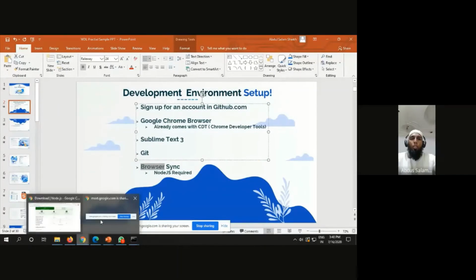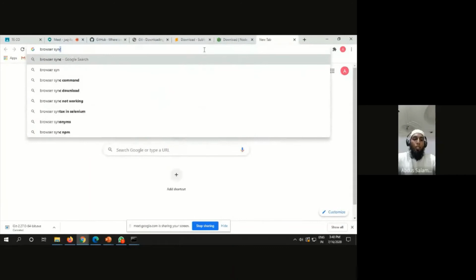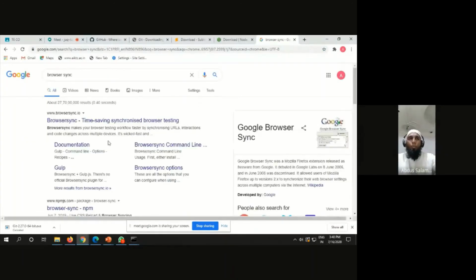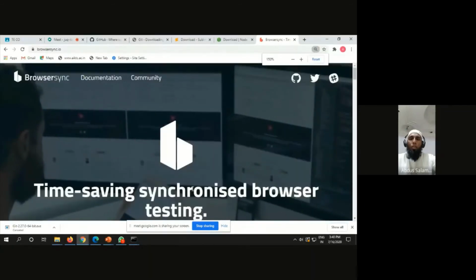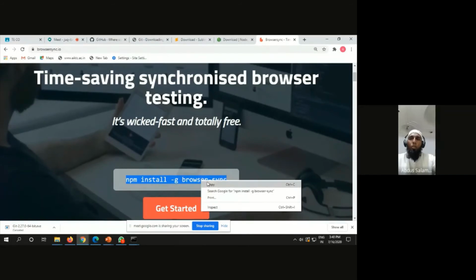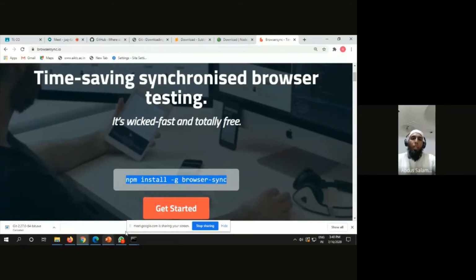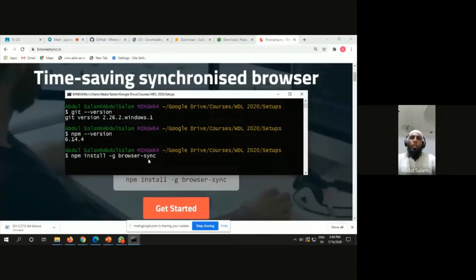So when I open the browser sync website, here they have the command npm install. This is the command for browser sync. After you install Node.js, you can install the browser sync plugin. So I simply copy this and I go to my Git console and I just paste the command.